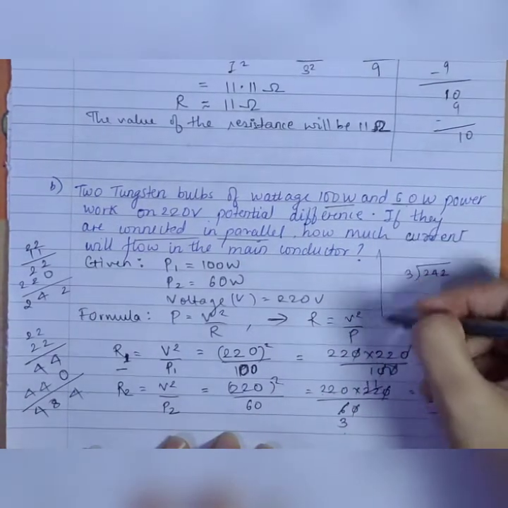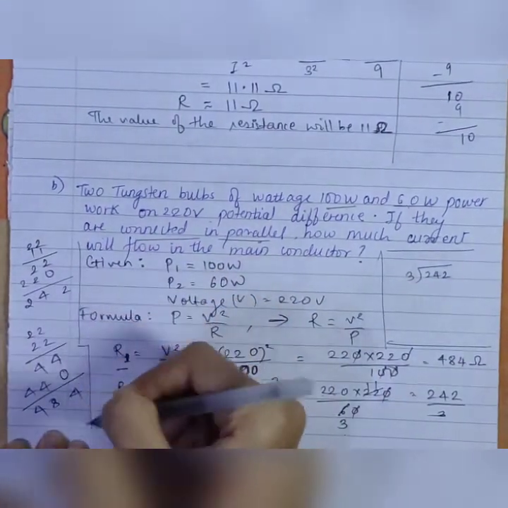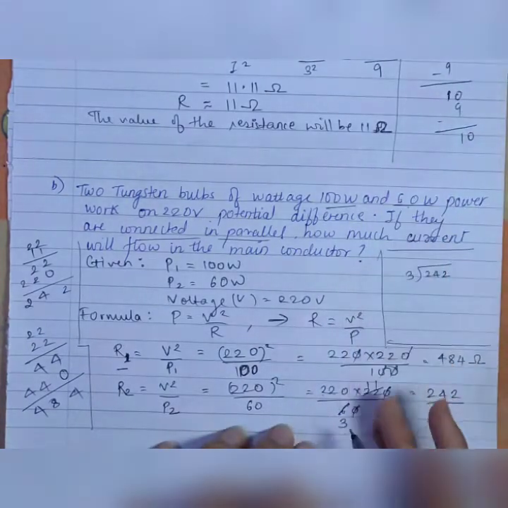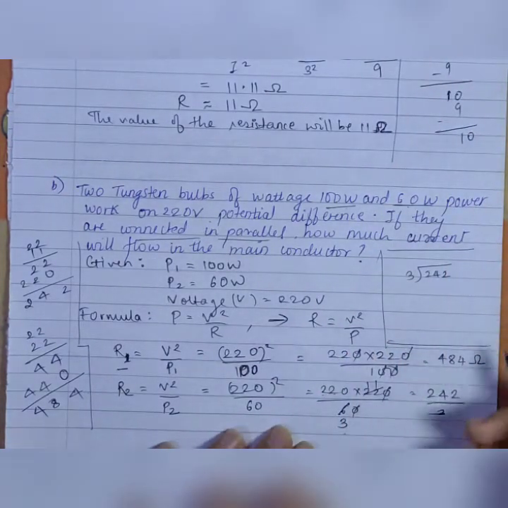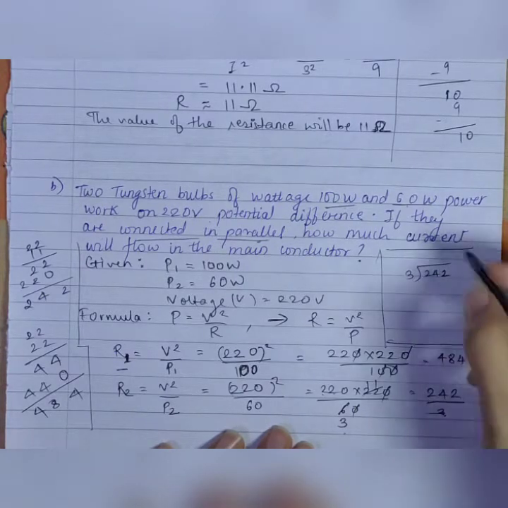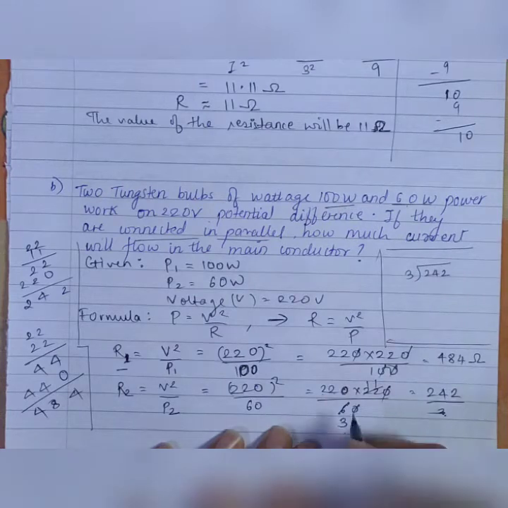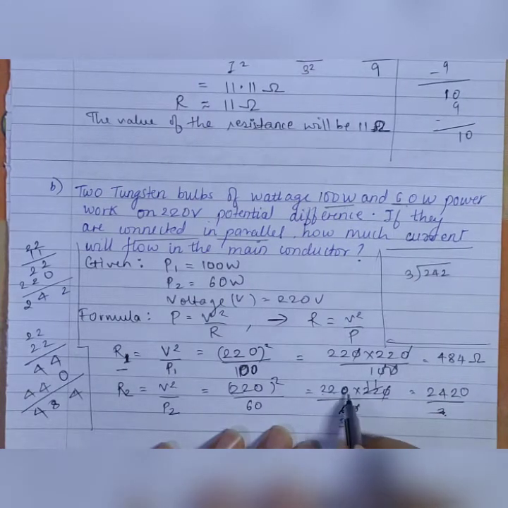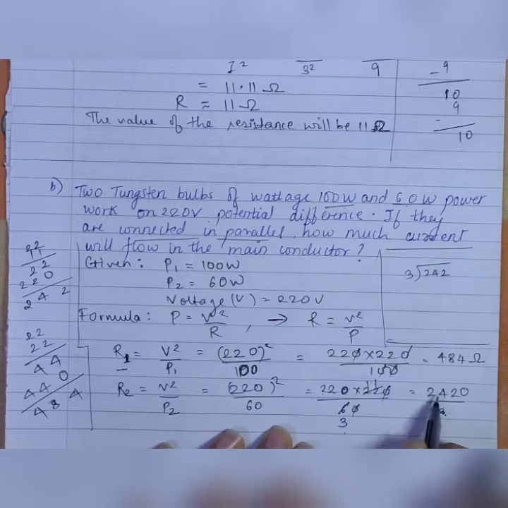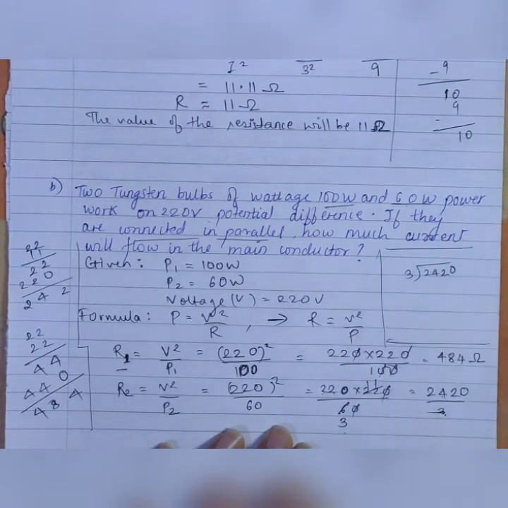In your exams, you're not supposed to do this, okay? In your exams, you need to make a right side column and then solve. Now, if I divide it by 3, what will happen? Here we are missing a 0. We forgot to write a 0. Why? Because when I multiply 22 into 11, it comes to 242, but when I multiply 220 into 11, it comes out to 2420. So here my 0 will come.